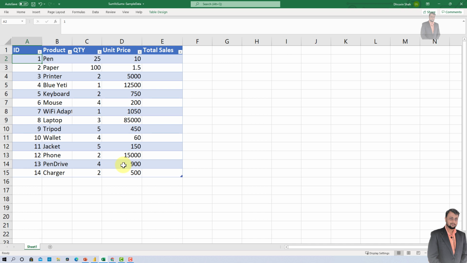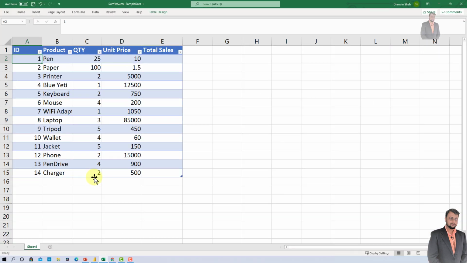So let's say for an example, you want a column wise summarization in your data. At that time you can use sum function. Let's say for an example, here in this data set I want to find out total quantity. Then what I will do? I will simply use sum function and I will provide the column name over there and I will calculate the sum of total quantity. That's very simple. If you need column wise evaluation for your data, go with the sum function.